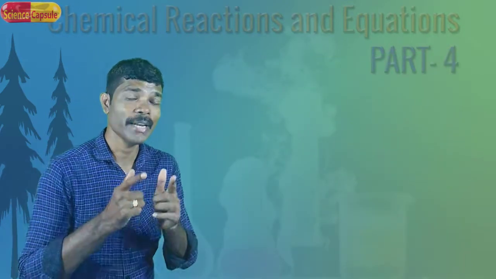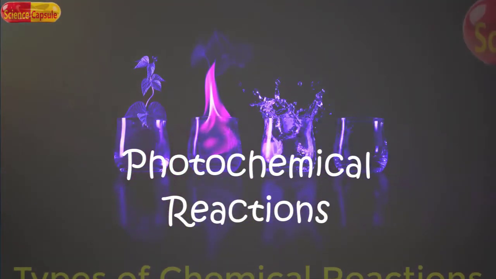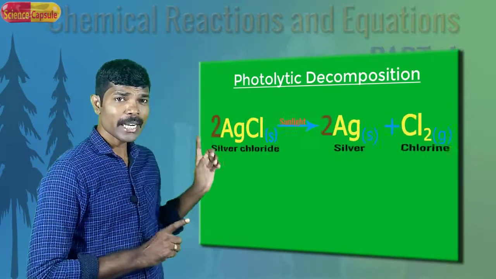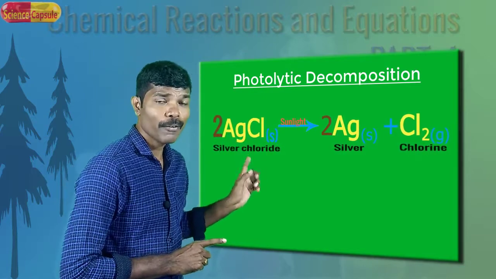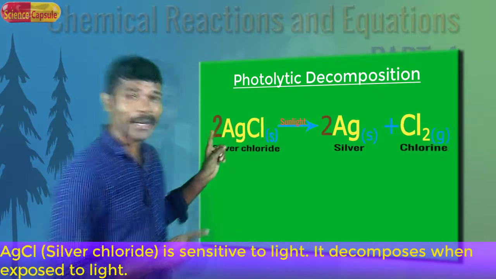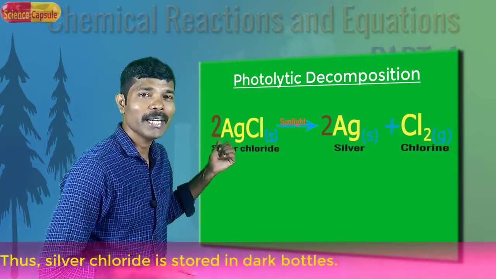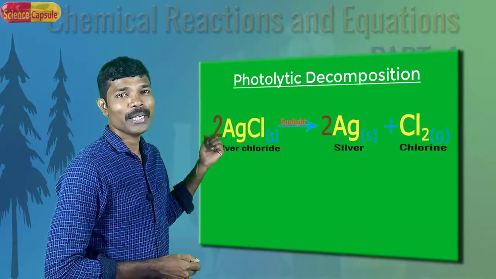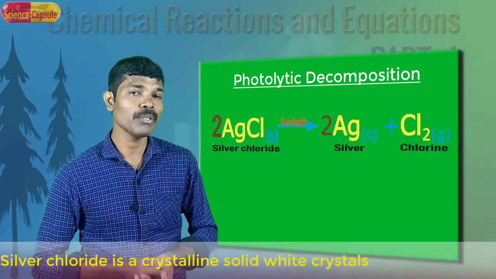so the decomposition is called an electrolytic decomposition reaction. Now we see the third type of decomposition, that is photolytic decomposition or a photochemical reaction. This decomposition reaction is taking place under the influence of sunlight. For example, silver chloride undergoes decomposition when sunlight falls on it. So here also we can see a decomposition reaction, but it is due to the presence of sunlight. So the reaction is known as photolytic or photochemical decomposition.